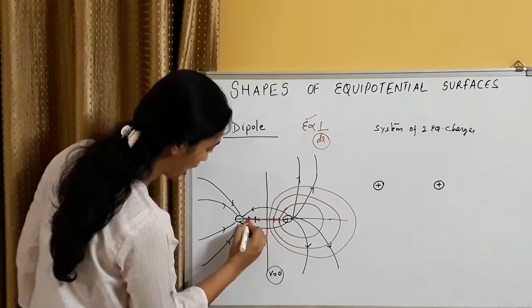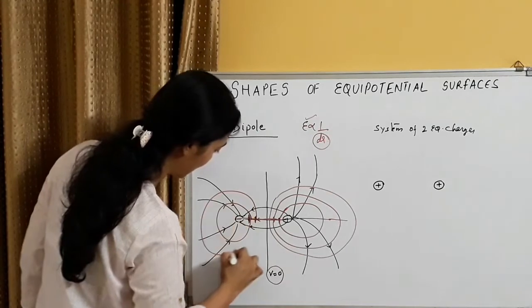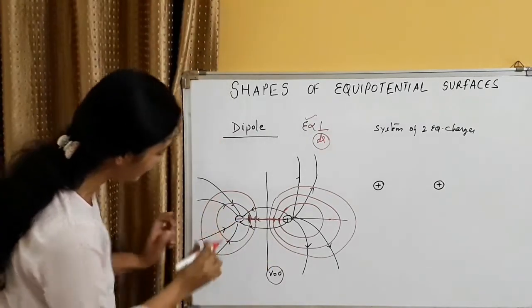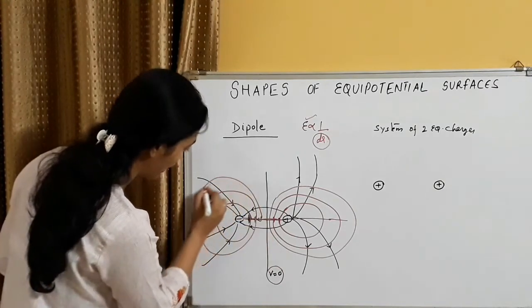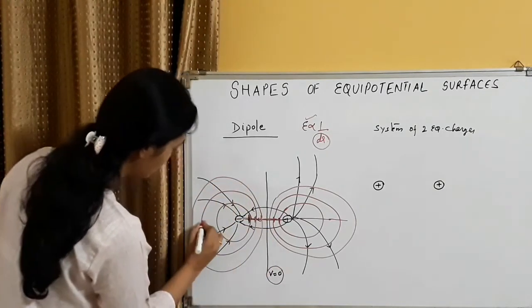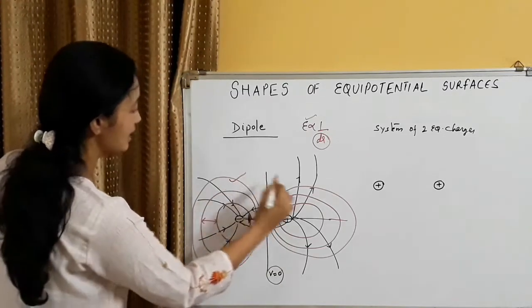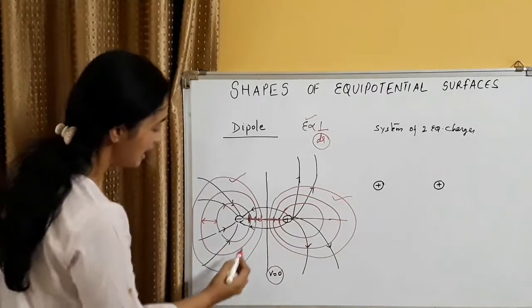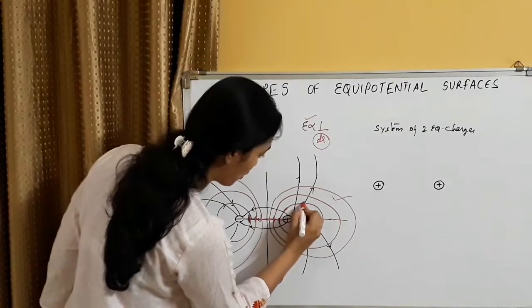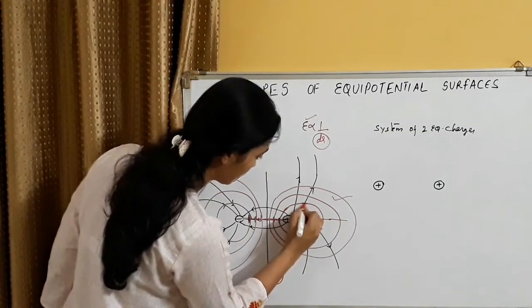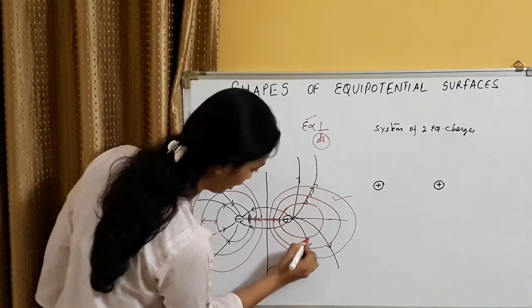Same for the minus Q charge here. The distance between equipotential surfaces will be small, and on the other side, on the left side, the distance is increasing. Here the distance is small, and on the other side this distance is comparatively large and this distance is small. These red lines are representing equipotential surfaces and the black ones are representing electric field lines. And remember, at each point, the red circle and the black line are perpendicular. Can you see them all?